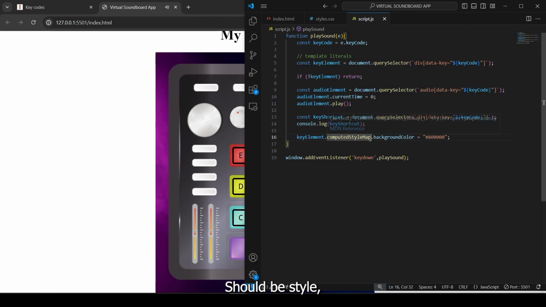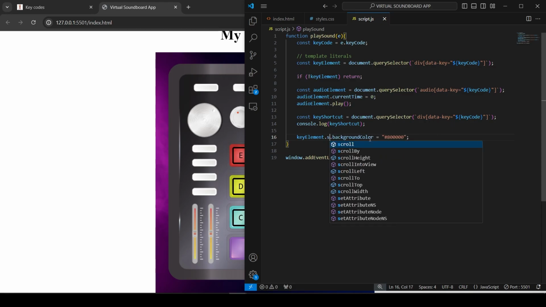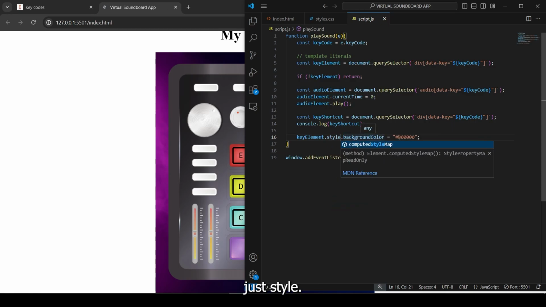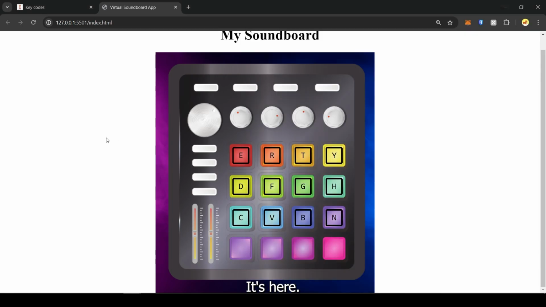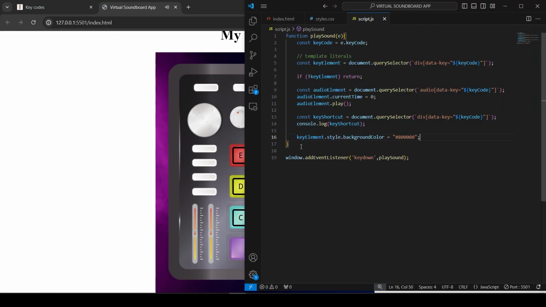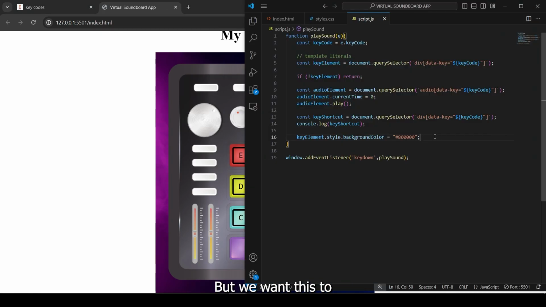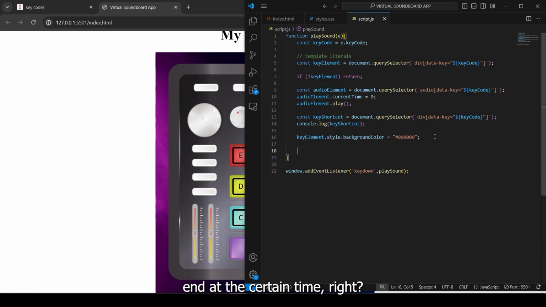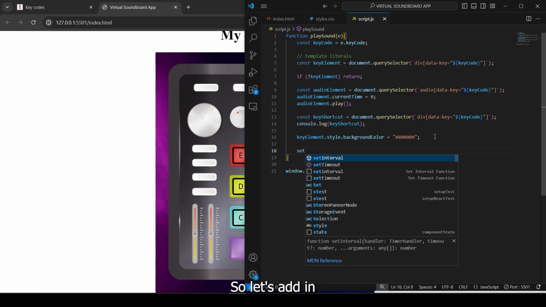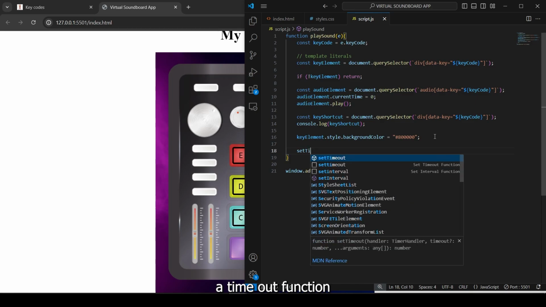Oh, sorry, should be style. Just style right here. So now we can see that if we press this, right, the element selected will have a red color, but we want this to end at a certain time, right? So let's add in a timeout function,